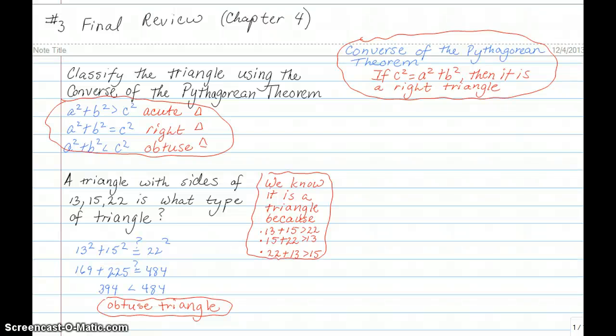This is the number 3 final review. It's going to be a portion of chapter 4. You are going to be asked in the first set of problems to classify the triangle using the converse of